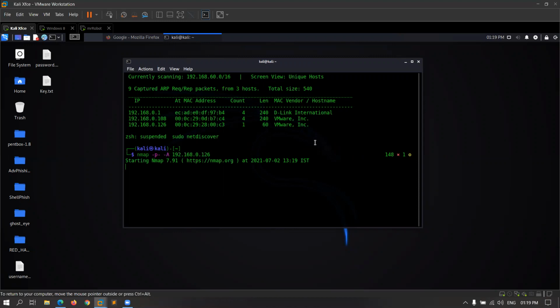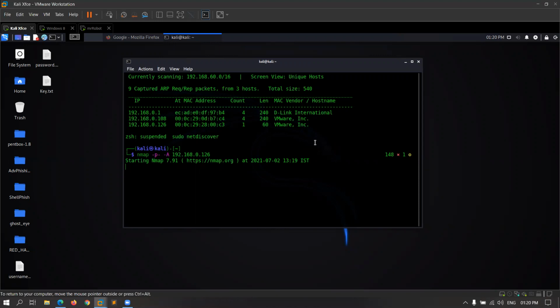We used -A for the aggressive scan. It means it will scan for the traceroute, operating system, service detection, a lot of things. It will give you a detailed scan of all the things that are necessary for a particular scan.